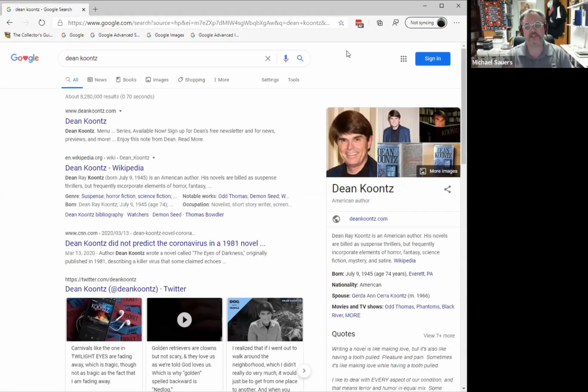Now, I kind of want to touch base on some of the things that are here because Google doesn't just necessarily search the web and give you a list of results that it thinks are relevant to your search terms. It will also give you some additional information that you can use depending on the search that you did.